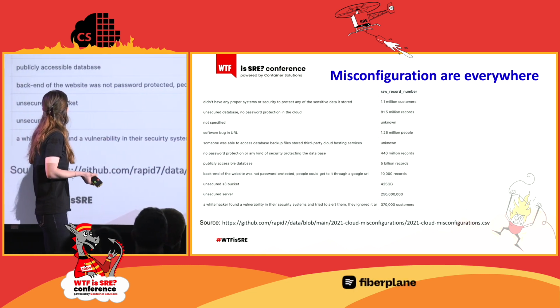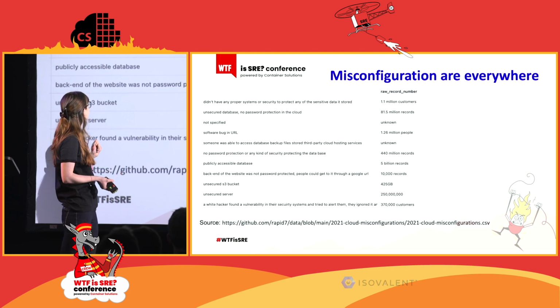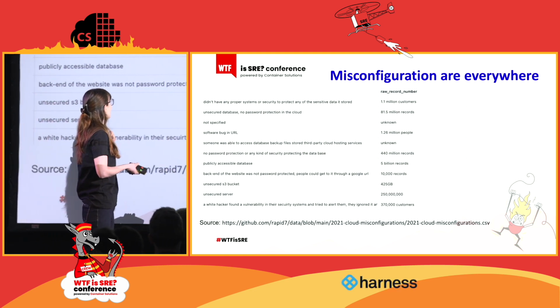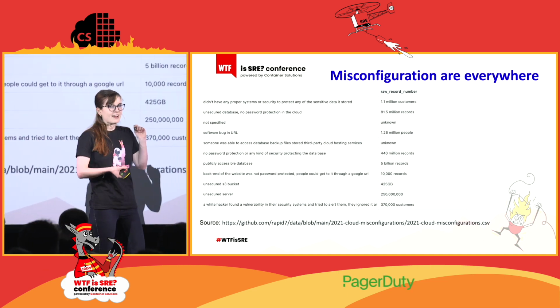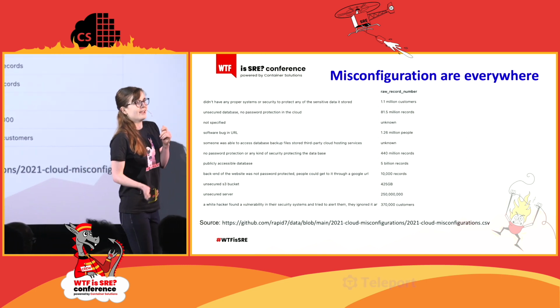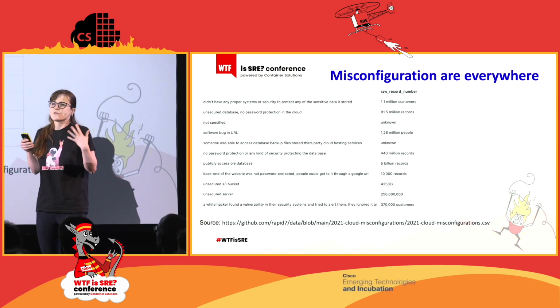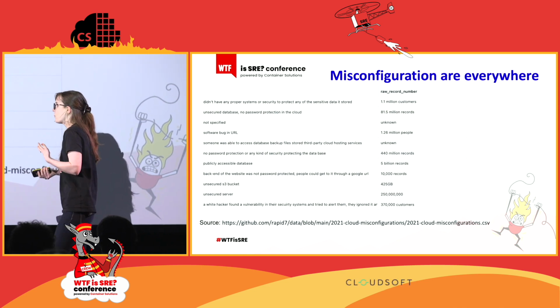And here, just to provide an example, there's this row over here: no password protection or any kind of security protection for the database. And it exposed 440 million records, just as an example. Now, in this database, you will find lots of S3 buckets that are misconfigured and other misconfigurations that ultimately were not really